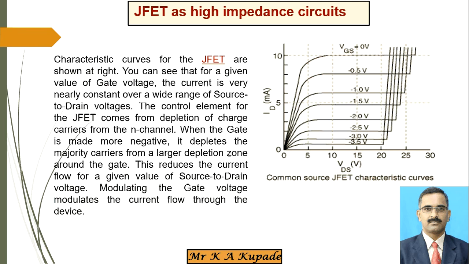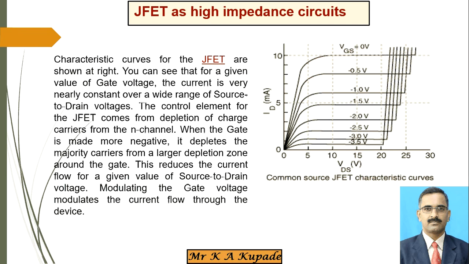Okay, so the region from 0 up to some pinch-off voltage is called the ohmic region, where we get a linear variation of resistance due to the ID and VD voltage, right? That is the thing. So here, initially VGS is equal to 0, then it is considered